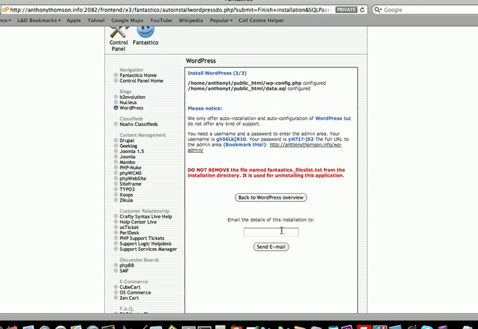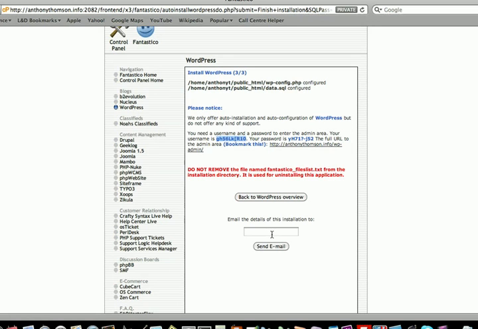A great tip for you as well is to enter an email address here, and the WordPress blog that you've just installed will actually email you these details, the username and the password, so you've got them in your email account for safekeeping. So put your email address in there, click send email, and once you've done that,